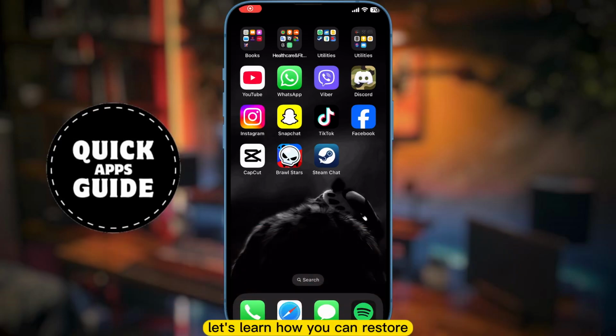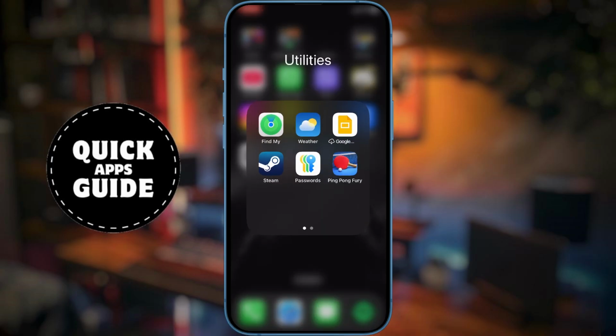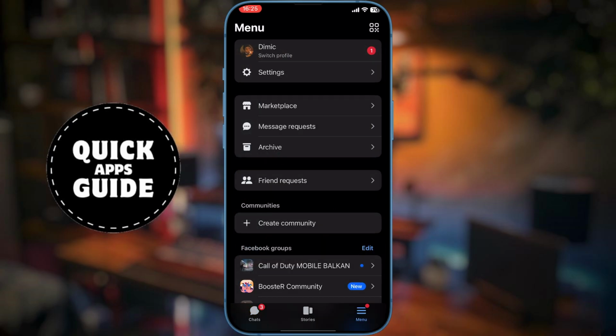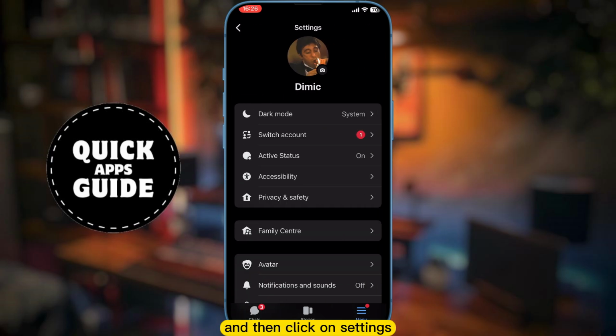Let's learn how you can restore missing chat history on Messenger. So let us open our Messenger application. Now you want to click on three horizontal lines in bottom right corner and then click on settings, this gear